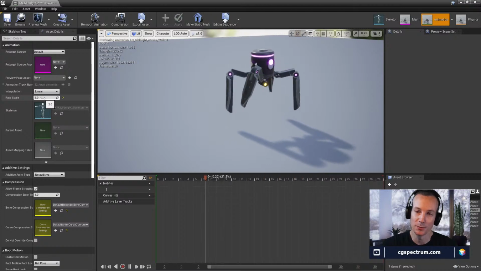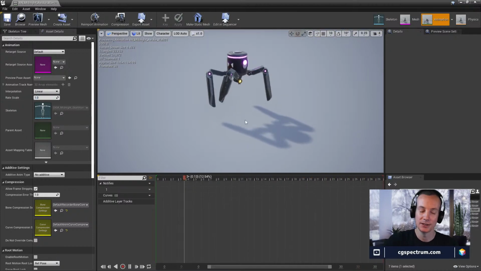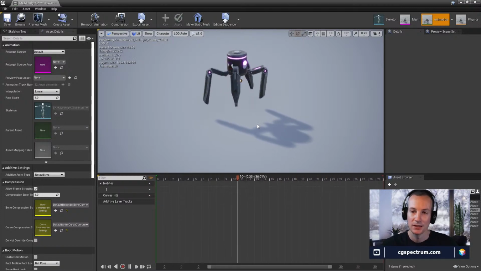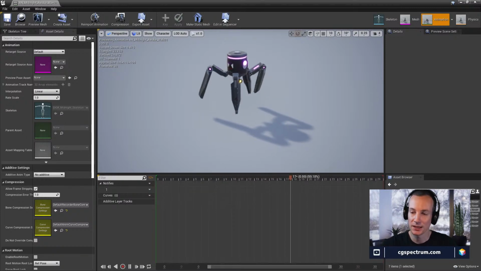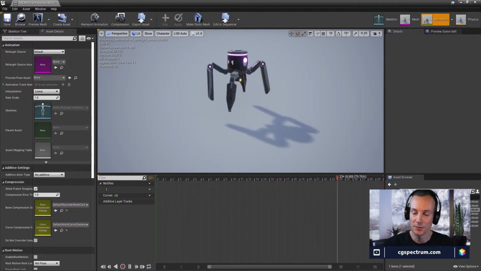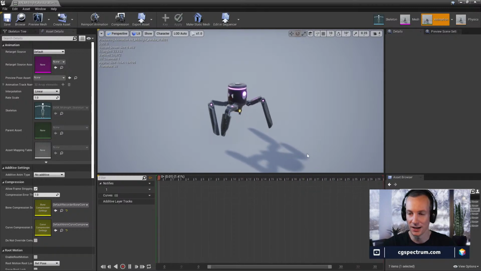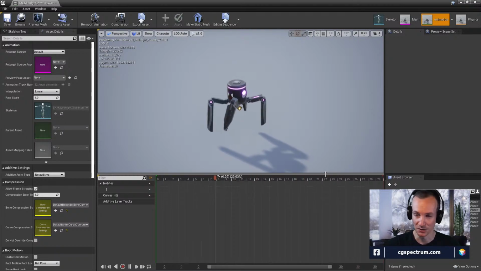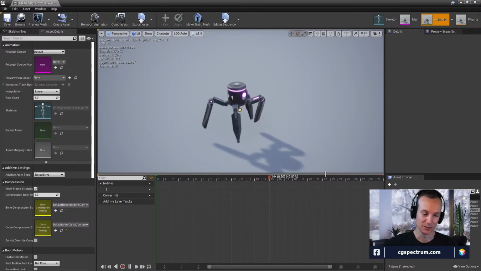So I'd have to create another animation for a run, where the character's doing maybe a 4-legged run, like an animal, to allow it to cover more ground. And then you'd have to come up with a blend space that would blend the two of them together. So there is a potential here that this should have another cycle for a run, but I'm not going to do it until somebody actually needs it, because if this character needs to travel quickly, they should just start flying. They should be limited by their speed for walking, and then if they want to move fast, they fly. That just makes more sense.